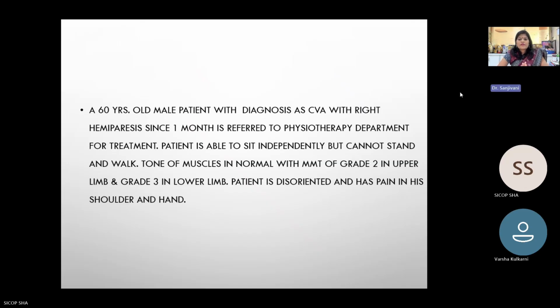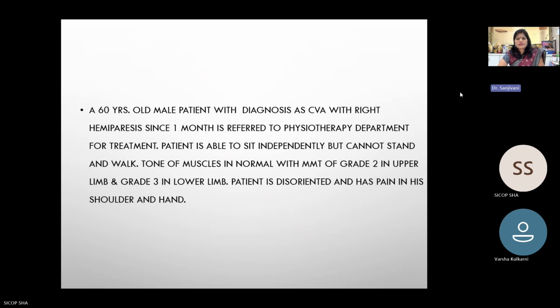So now we will see one case and then we will assess. Okay. For example, this is a case which we mostly encounter at the time of our exam. As we have neuro, ortho, musculo and cardio, in all there will be a 15 marks case. So how will we assess that with ICF? For example, a 60-year-old man with CVA and hemiparesis since 1 month is visiting the physiotherapy OPD.